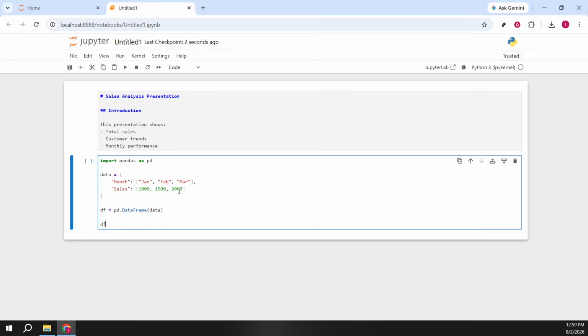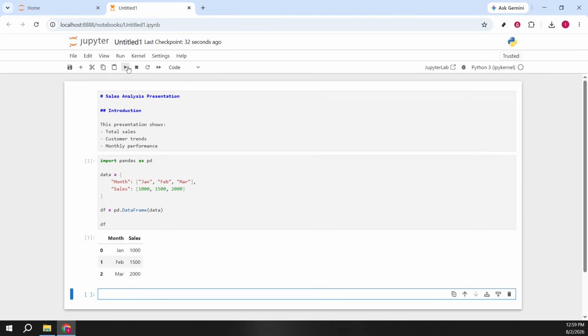DataFrame, data, df. This snippet imports pandas, builds a small dictionary with months and sales, converts it into a data frame, and then shows the table by placing df on the last line. Run the cell by clicking Run on the toolbar, or press Shift plus Enter. You should now see a neat 2-column table with the months and their sales, perfect for a quick demo, slide,